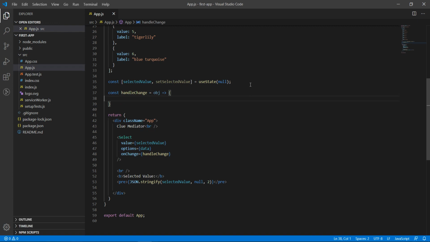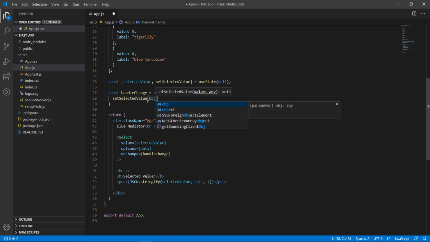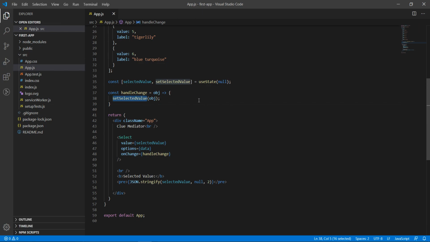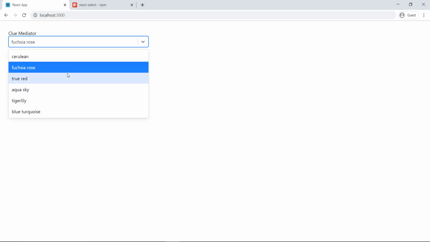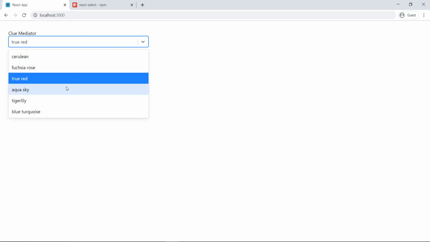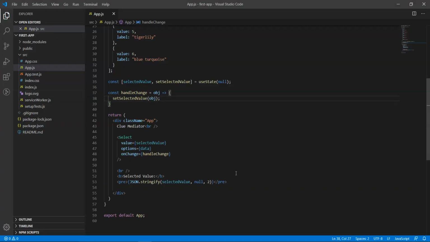Okay, so it looks like this. If you notice, I am writing the object, which means it provides me the selected object from the list. So all I need to do is set the selected value and set the whole object in the attributes that we have taken in useState. Now let's check it. I'm selecting one more option, and yes, it's working fine. Cool. You can also see the selected value in the labels below.